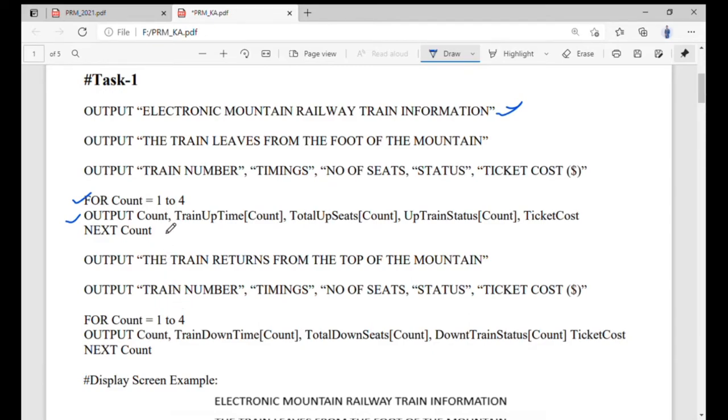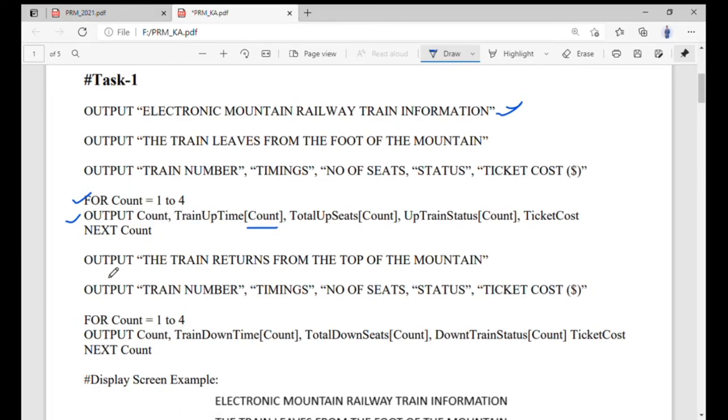Once you write the code for the up, it is very easy to make your up command into the down one. As you can see, I use a count. I already mentioned at the start, it's the indexing, so everything is linked with the count number.